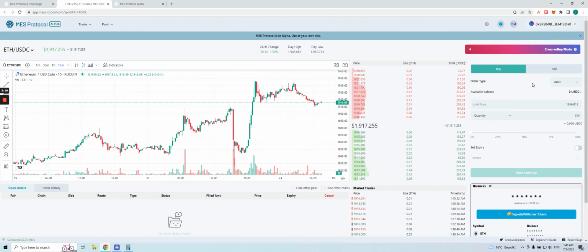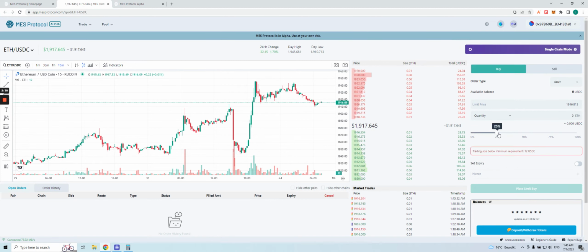So let's use, for example, I have ZK Sync and Ethereum on Arbitrum is at, let's say, 1,920. What it will actually do is send it to Arbitrum, swap it, and then have my funds on Arbitrum. Again, currently I'm not really interested in doing that, so I'm gonna stick to single chain mode so I can show you how to actually use the protocol. Here, since I already have some ETH, I can do some swapping for USDC if I want to. So let's go ahead and do